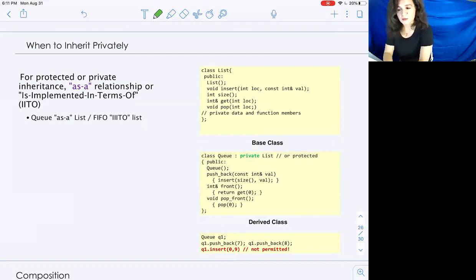As we had mentioned before, when you use public inheritance, you want it to be known that the object being derived is a type of that base class object. For example, we saw that a student is a person, so that's public inheritance. We want to use private or protected inheritance when we have an as-a relationship, or implemented in terms of. In particular, we can think of list as one of those cases in which private or protected inheritance